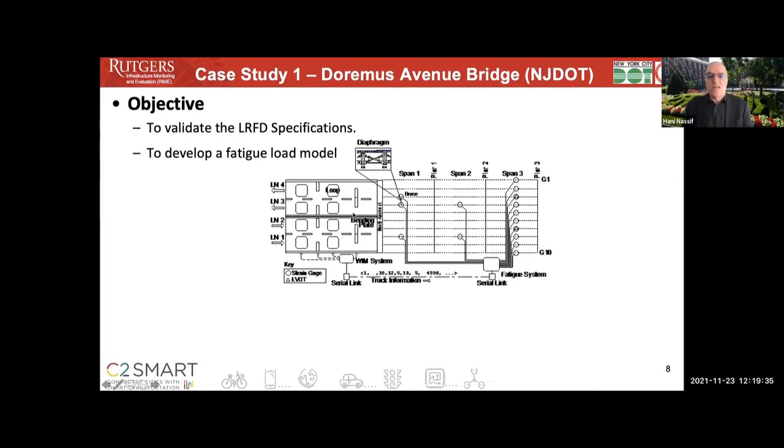It was the first LRFD designed bridge. LRFD came out in 1994, and in 1998, when I joined Rutgers, the dialogue started with the bridge engineers at DOT, and the vision was, let's move to LRFD. This was the first bridge designed by, at the time, Parsons Brinckerhoff, and we worked with them very closely in trying to implement this structural health monitoring system, to learn about how the AASHTO LRFD code is behaving in terms of